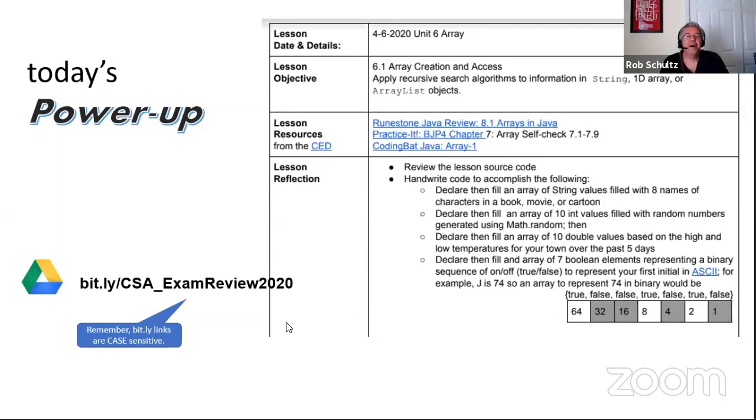All right. So homework to kind of start prepping a little bit for tomorrow. As always, we want you to look at the lesson resources from the CED. So again, go back and look at some of the resources that are available from Runestone, from Practice It, and from Coding Bat. Under lesson reflection, now like Mrs. Westerland said, we're kind of stepping things up a notch because now we are in full exam prep mode. So the power-ups are going to be a little more